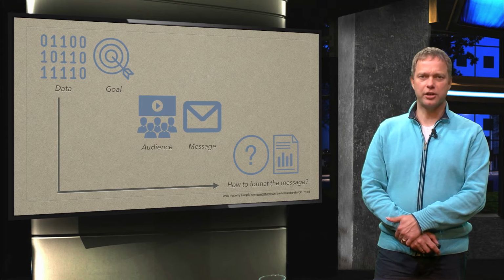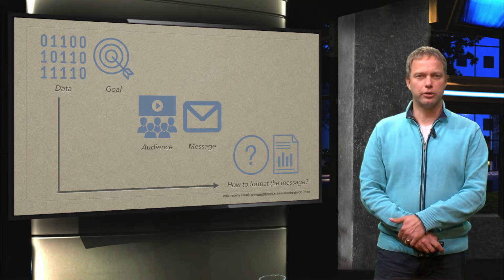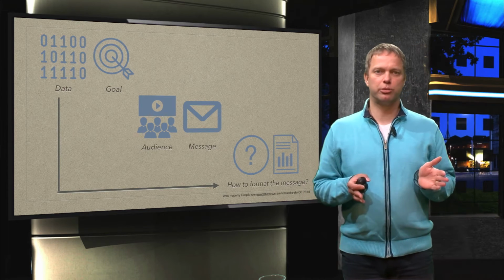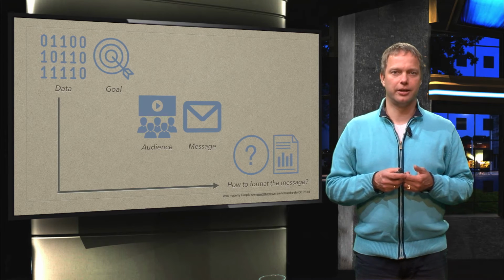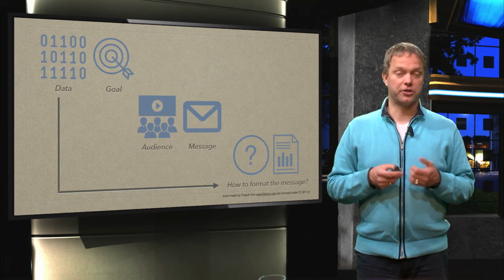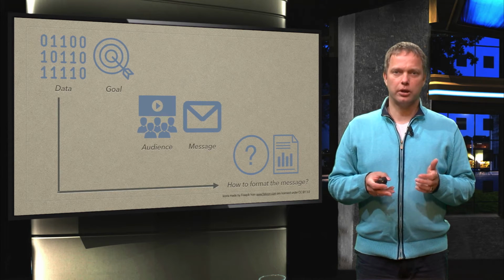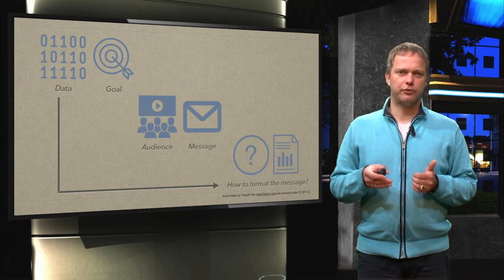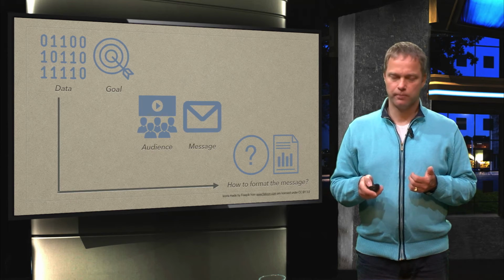Last week one of the central points we discussed was that when you are going to design a table or you're going to design a graph, you have to really think about who's going to be my audience and what kind of message do I want to tell. And what's the goal of my graph or what's the goal of my table. But now we have a dashboard and we have many tables and many graphs, so we have to rethink a little bit about what should be the goal or what should be the message.